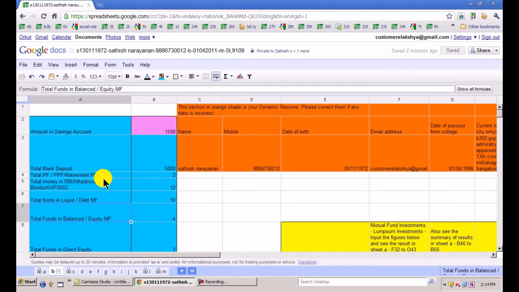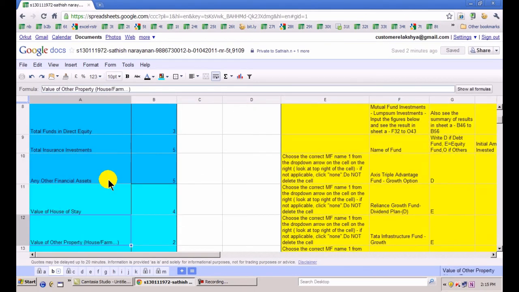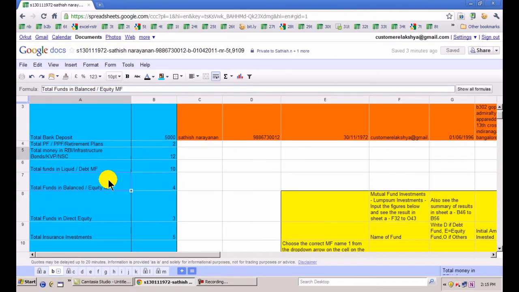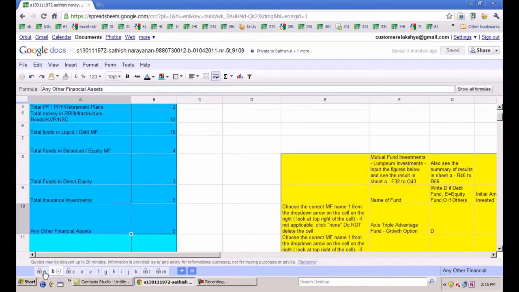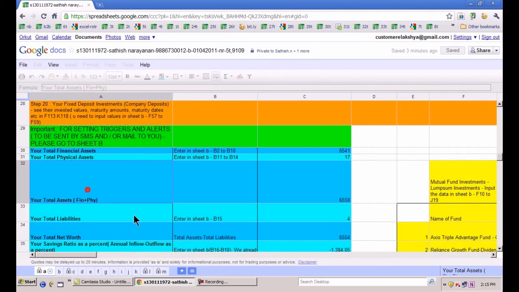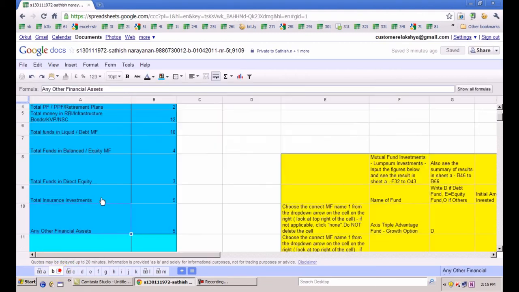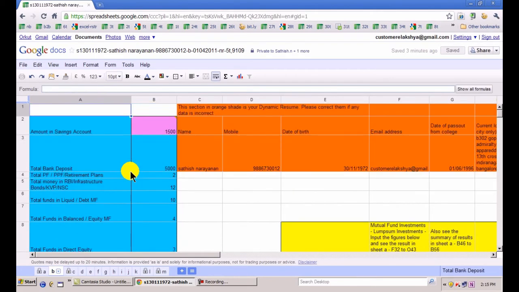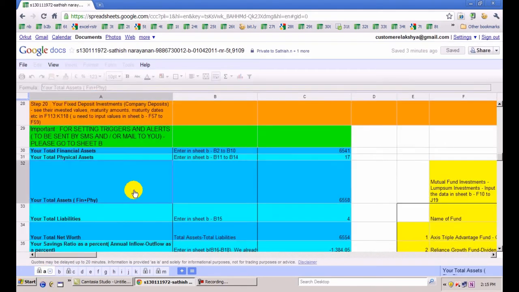Point number 6. Each tool is easily usable through color coding. I've gone to sheet B here where I can see some bright blue color. This is an example of one of the tools. The results of the tool you can see in sheet A where you have got this blue color again. So it means that in sheet B you input data. In sheet A the results of that data come out, and again this is integrated into the entire financial planning, and you can see all these route maps for you. Enter in sheet B so and so, enter in sheet B so and so, all those things are there. So the route map is very clearly given.